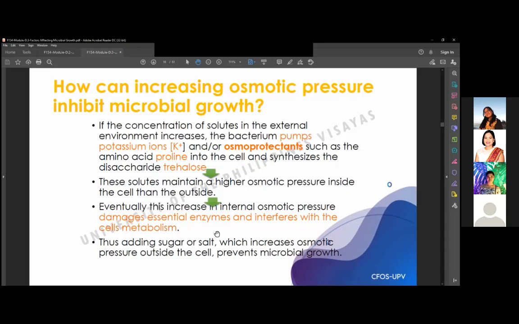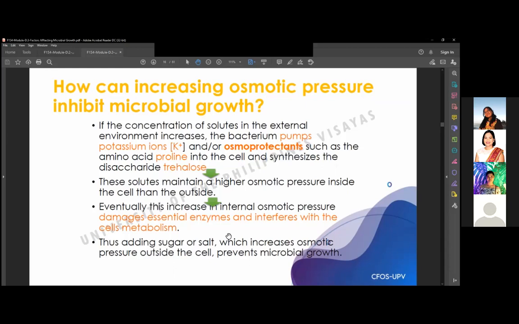Okay? So it tries to create a force within the cell that will push the plasma membrane against the cell wall. So ayan, these solutes maintain a higher osmotic pressure inside the cell than the outside kapag ganun yung sitwasyon. And eventually, this will cause damage sa essential enzymes and would eventually result or interfere in the metabolism